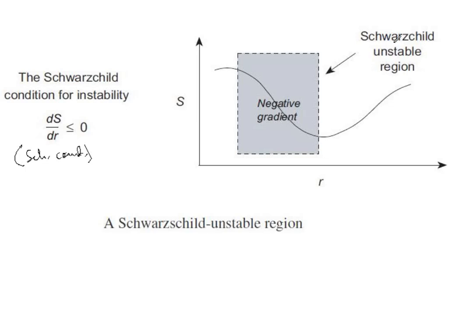So you can see this is a Schwarzschild unstable region, since there is a negative entropy gradient. Okay,